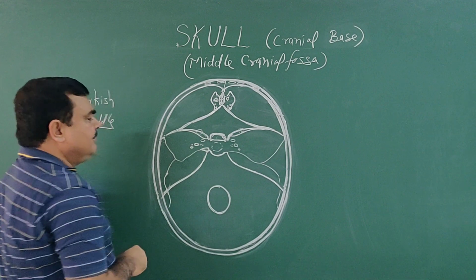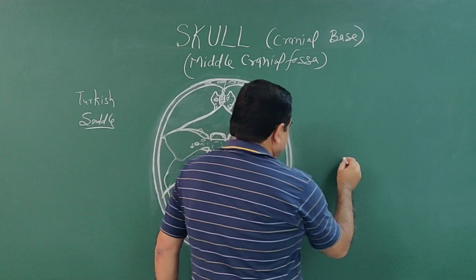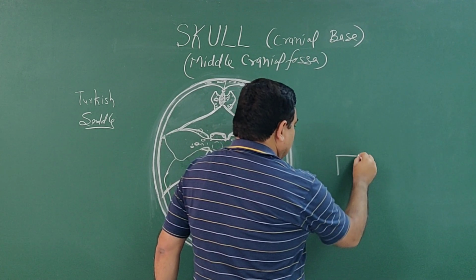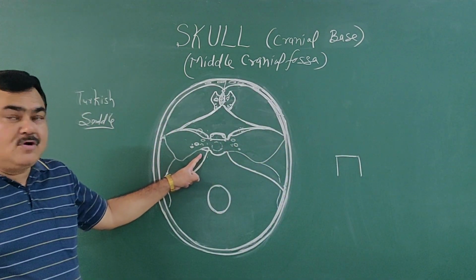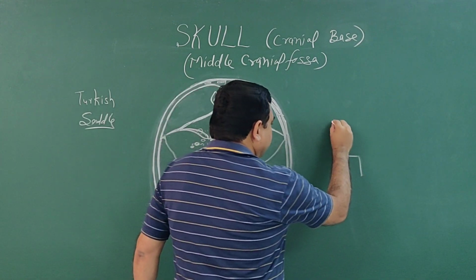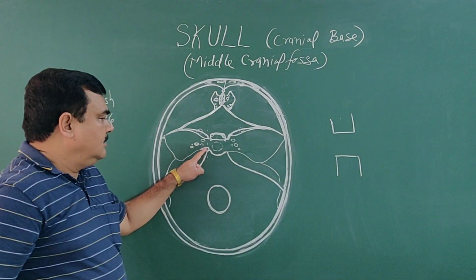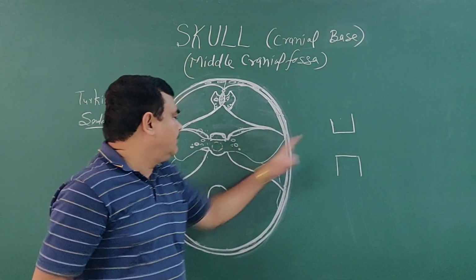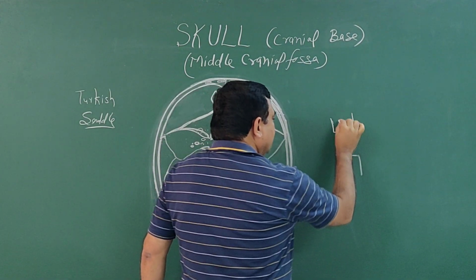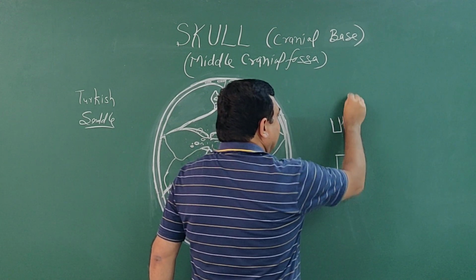This is the foramen lacerum. If you cut a section here, you can see this is the petrous temporal bone, the apex of the petrous temporal bone. This is a parasagittal section, and here this is the foramen lacerum. This is the anterior wall of the foramen lacerum. In the anterior wall of the foramen lacerum, there is a canal. This is the pterygoid canal.